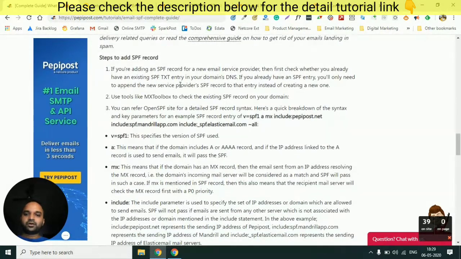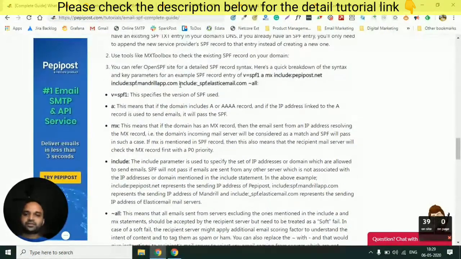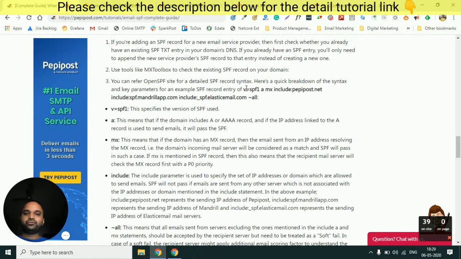Now let me explain how to create an SPF record which needs to be added in your domain's DNS. Here you can see this was the SPF record which was there for that particular domain, Lee Parking. Now how did this record come, who gave this record?